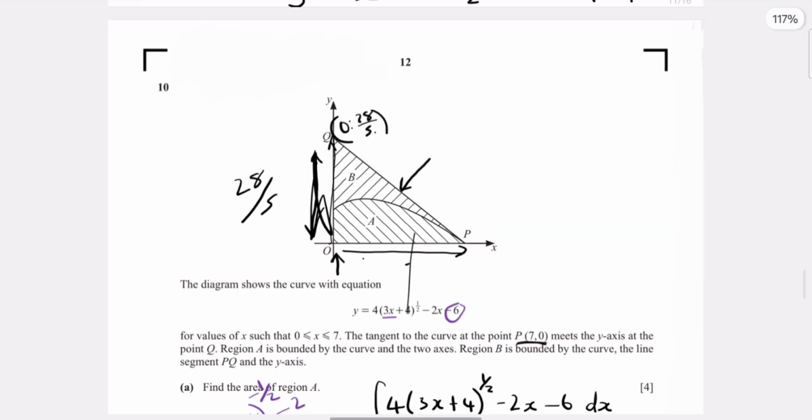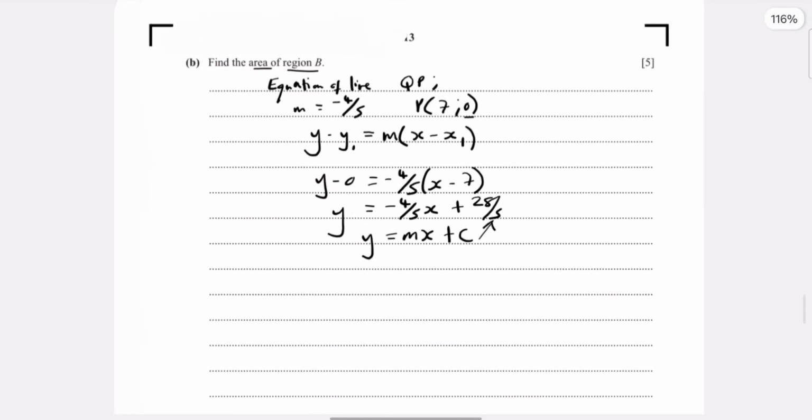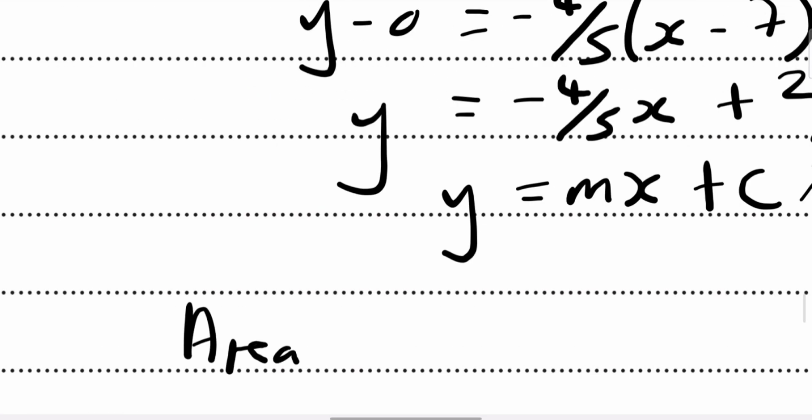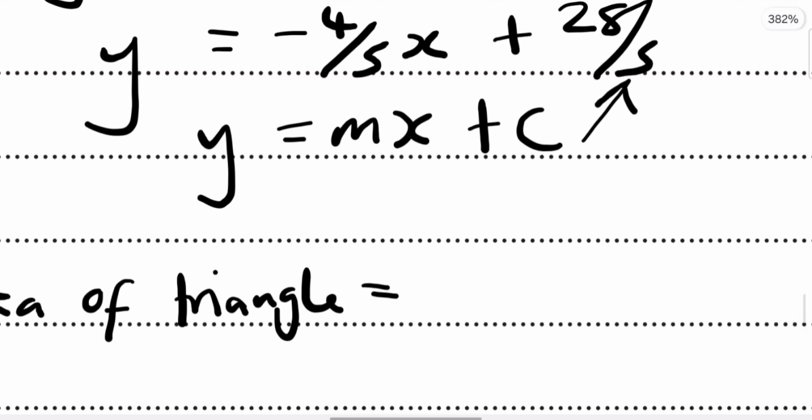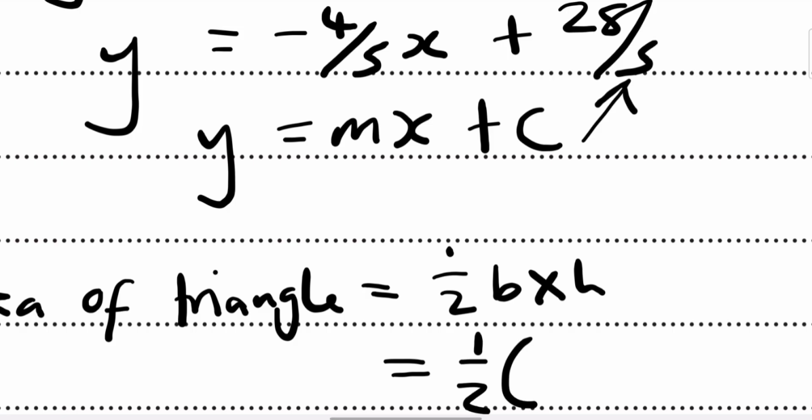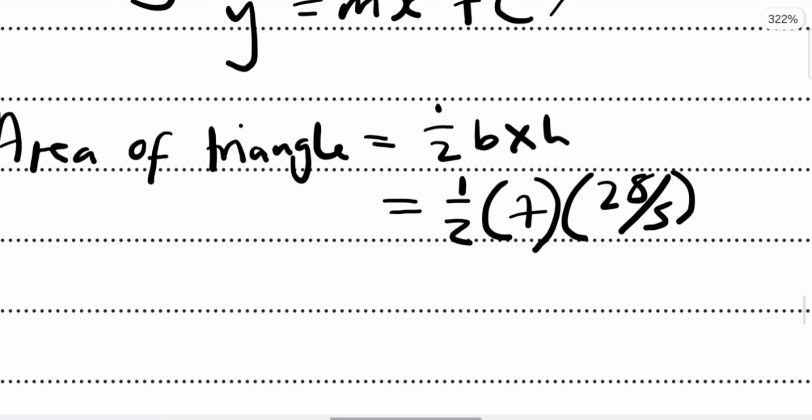So to get the area, we just say base times height over 2, right? Our base is 7, remember. So area of triangle is equal to half base times height, which is half our base 7 times our height 28 over 5, and this comes down to be 19 and 3 over 5